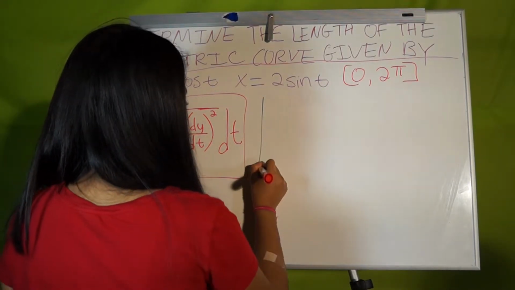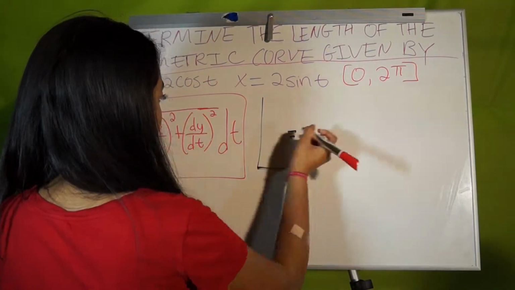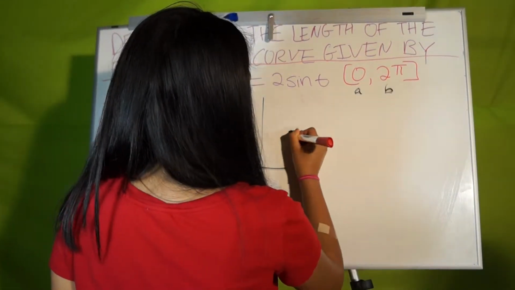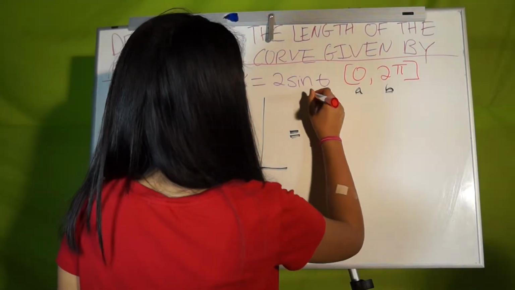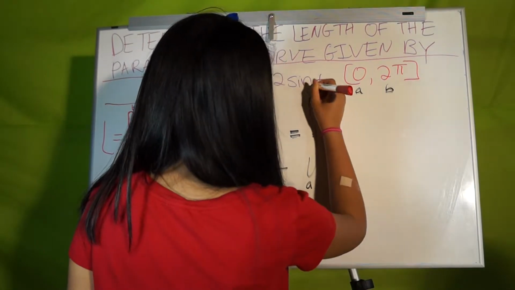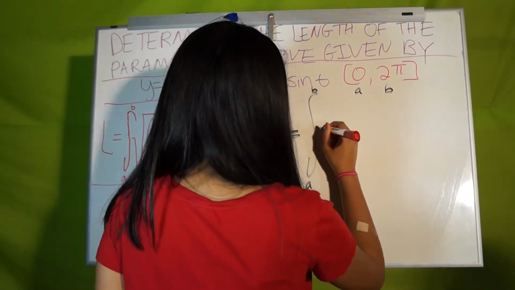So anyway, it'll be L, and of course, A to B. So this is our A, this is our B. You need the integral from A to B times,